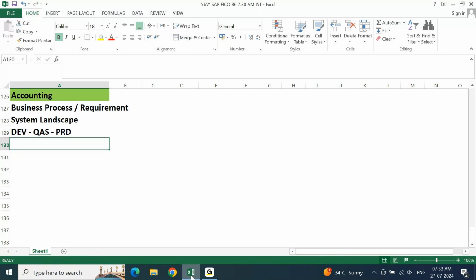Even if it is not related to SAP FICO, I'm okay with it because you are slowly losing hope. You are slowly losing confidence. You are getting demotivated because you have invested your money, you have invested your time, and then you practiced thoroughly. You put all your effort, whatever is possible. But when you're in the market, your skill set, your subject, your knowledge is not giving you the job.